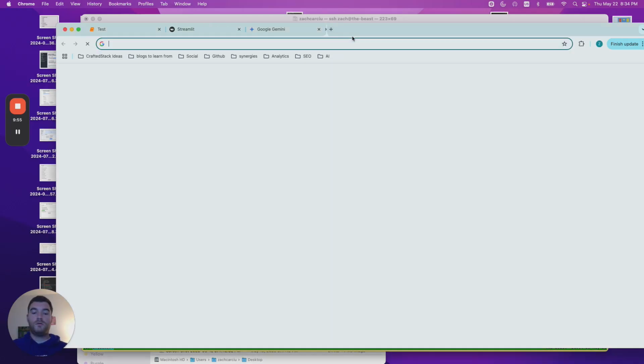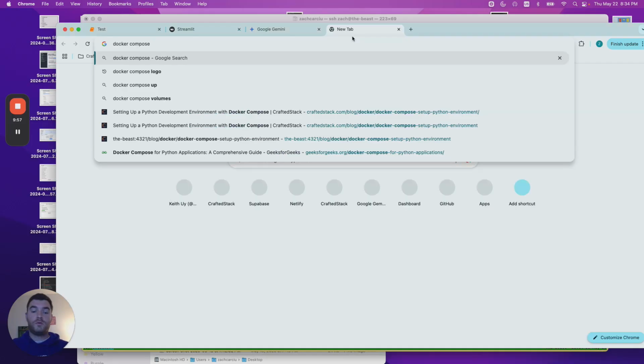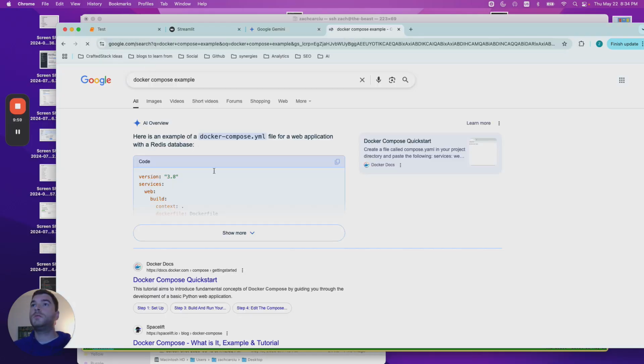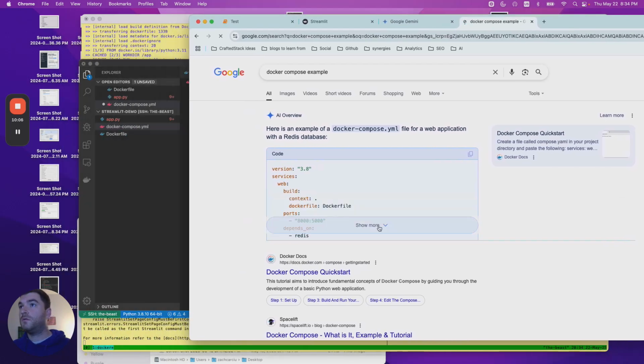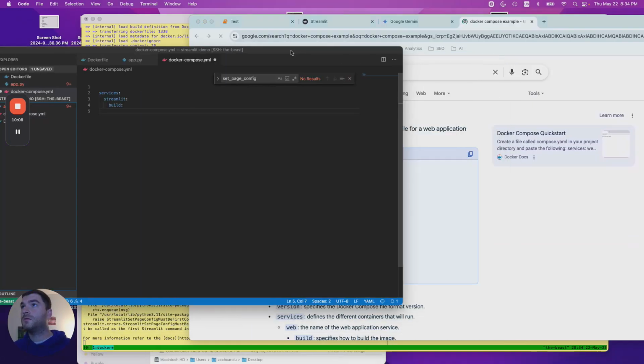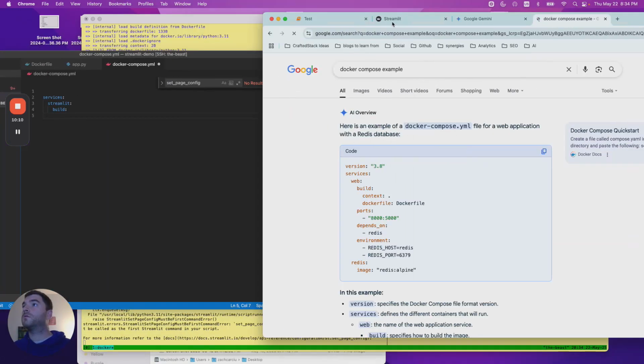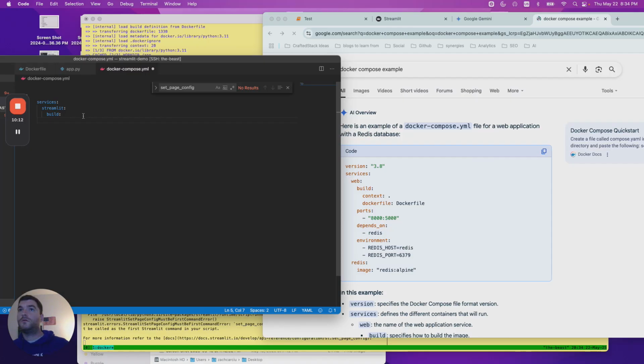Just Docker compose example. All right, thank you, Gemini. Build context. All right, let's just do one of these, right? We have build context dot Docker file